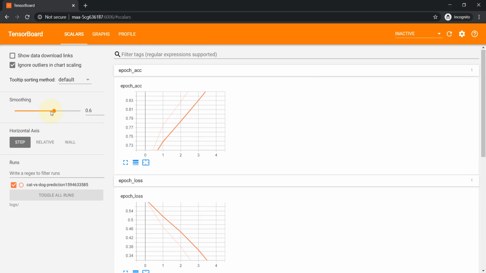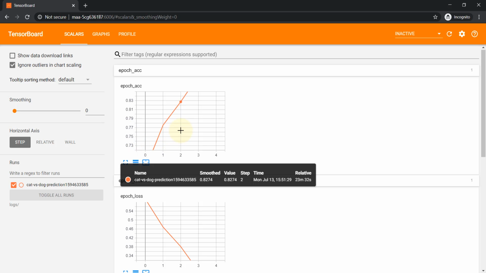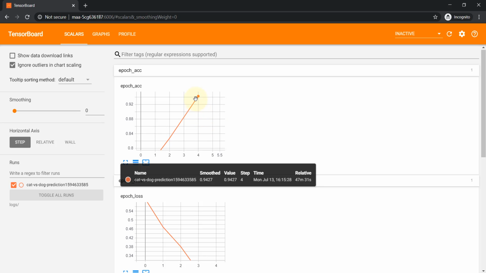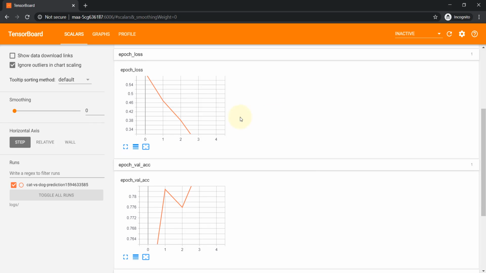You can play around with the smoothing here. I'll set my smoothing down to 0 to see exactly what happens. We gave 5 epochs, so this gives back those results. It shows the accuracies here, and similarly for the loss as well.